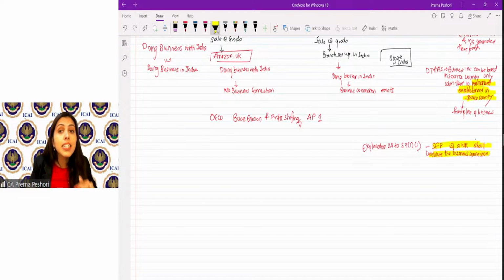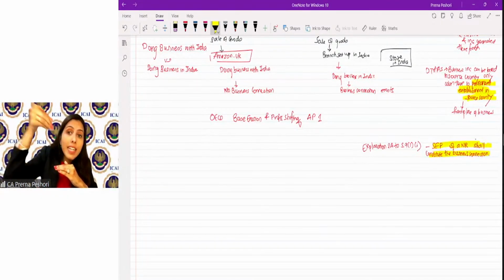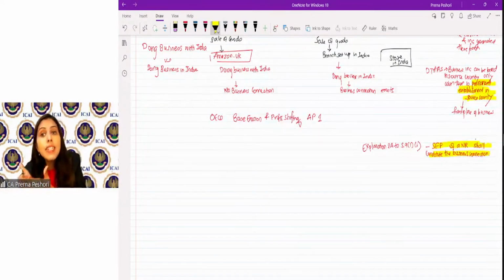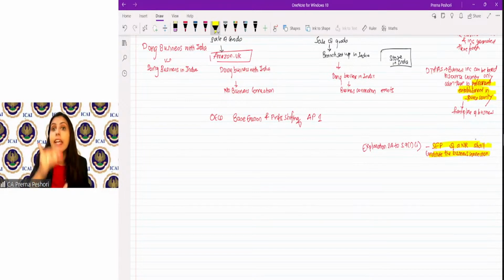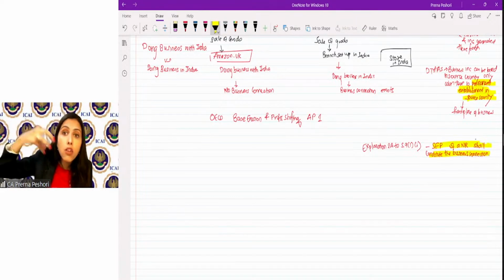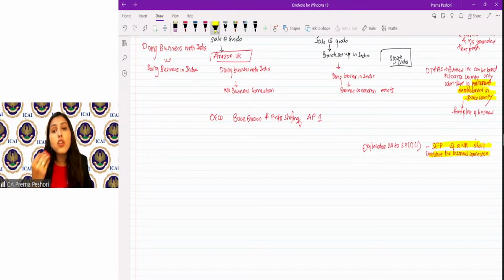So SEP means that even though I'm not doing business in India, I'm doing business with India, still it would result in the business connection because there is a significant economic presence, though not physical presence. So I'm interacting with a jurisdiction in such a significant way that my economic participation is existing even though I'm not physically present. Now you would ask, ma'am, how do we ascertain what is significant economic presence or when the significant economic presence is getting constituted? So it says that the SEP shall mean